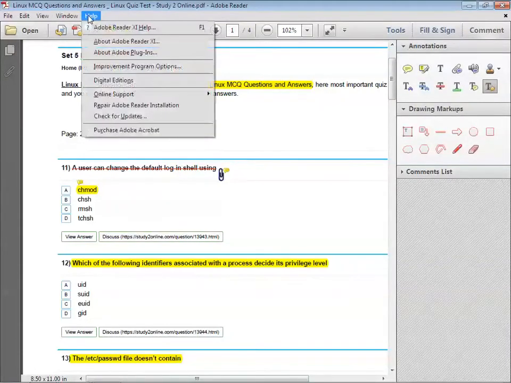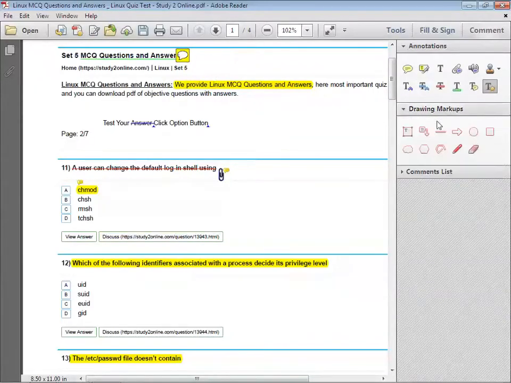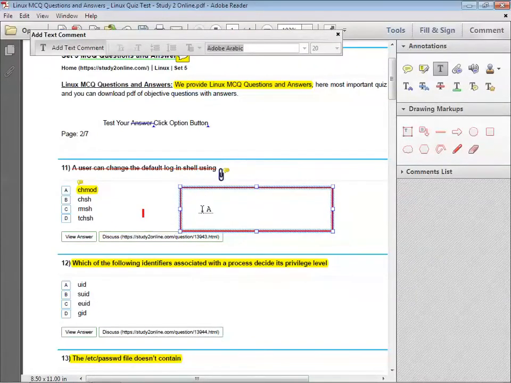You just have to go to the file option, and in that click on the check for updates option. It is not going to be provided with any additional tool. We have to use it by using this check for updates option. One more thing that is added here is the drawing markup option, markups. In this we have certain symbols, just like a rectangle. We can draw here a rectangle shape. In that we can add a text.